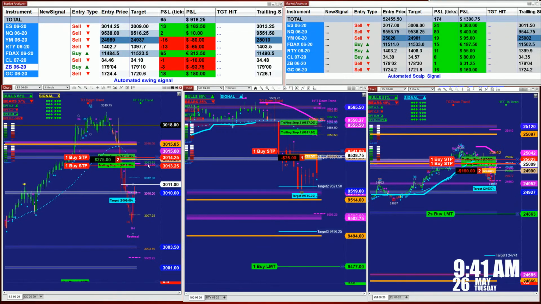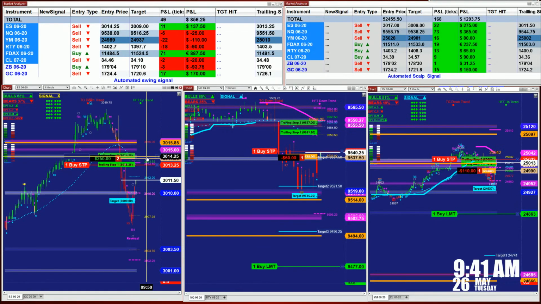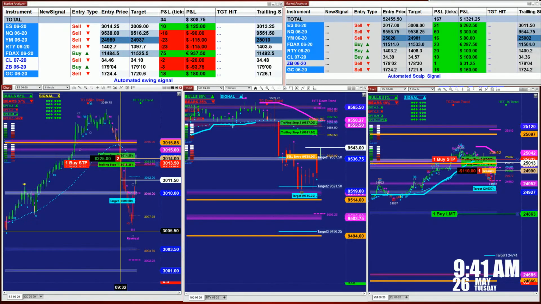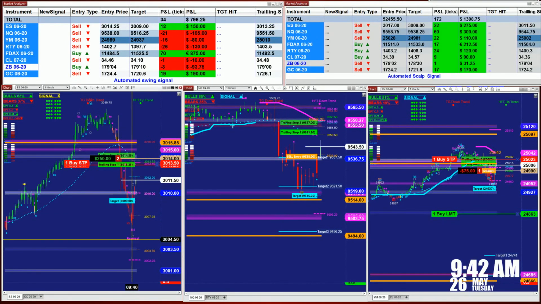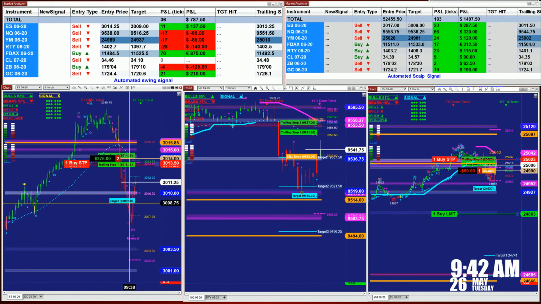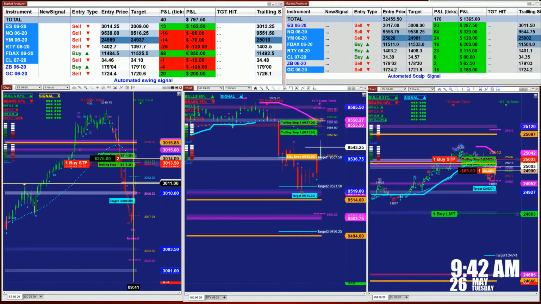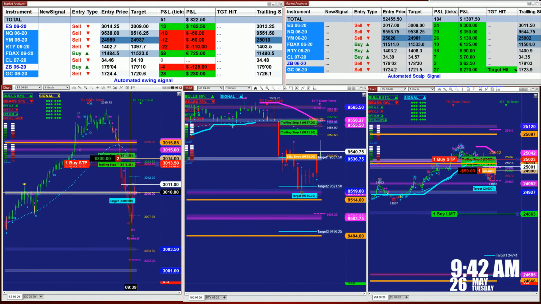Also, if we look at the ES, what happened? The system hit the target. The target is 3009, and then the market went below the target and we had a reversal. This level was a support, it became a resistance, and now it has become a support again. So now the ES is trying. Whoever took that signal is going to be fine.